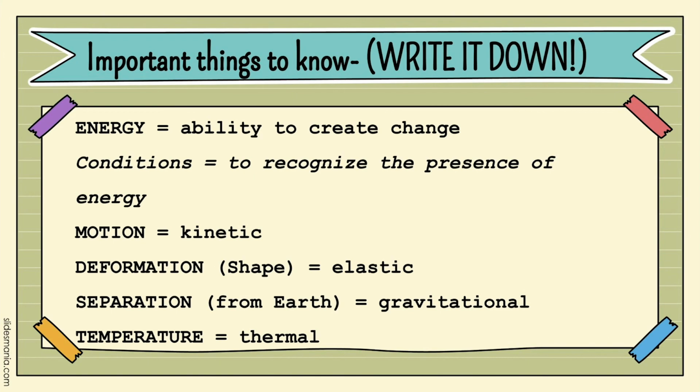And the conditions are to recognize the presence of energy. So like the condition of motion, which is actually kinetic energy, and the conditions that are related to deformation. So that's our shape, and that's going to be elastic. And our conditions of position in relation to Earth or the ground, we're going to call that gravitational energy. And conditions, anything that's relating to temperature, is going to be thermal energy. All right, so now that's really it. Okay,